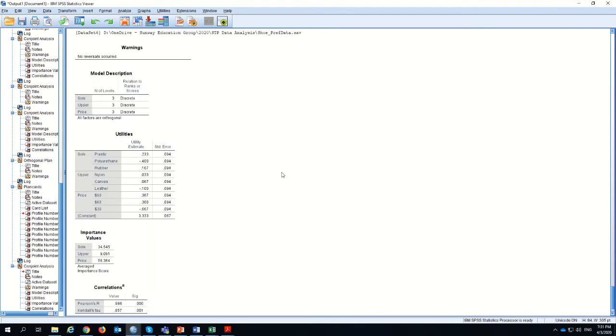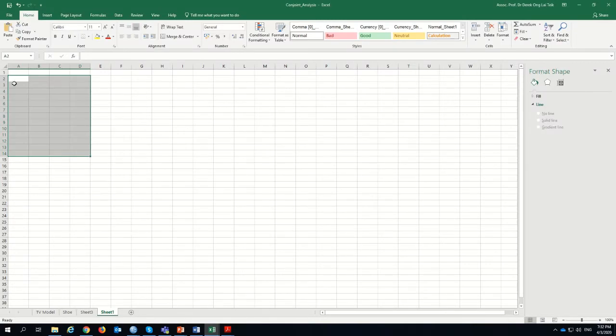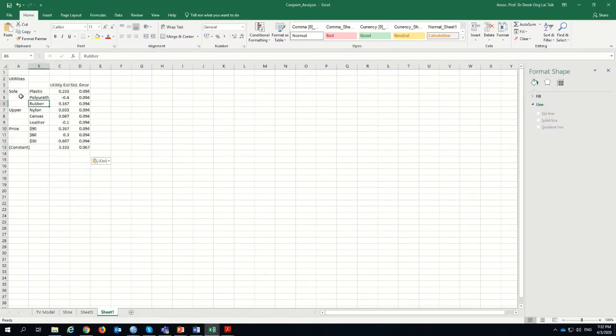Now, in this conjoint analysis output, you have the part-worth utilities, and then the importance values, and also the corresponding correlation. These basically are the correlations between the observed and the estimated preferences, which are quite significant, which means that the combination of your preferences are actually reflecting what the consumers want. Now, of course, it would be easier for you to see this in form of graphs. So you can copy this utility, open up an Excel file, and then paste,